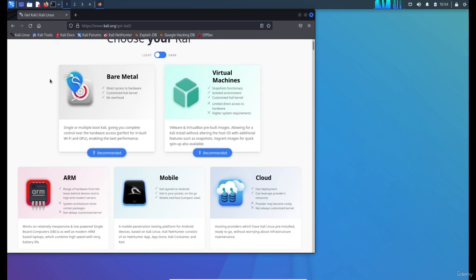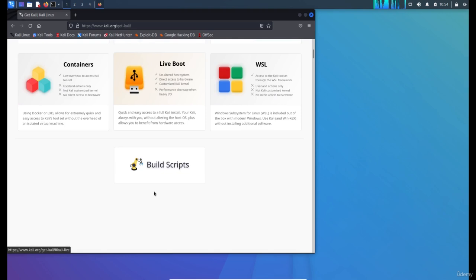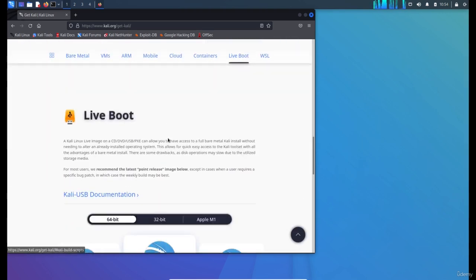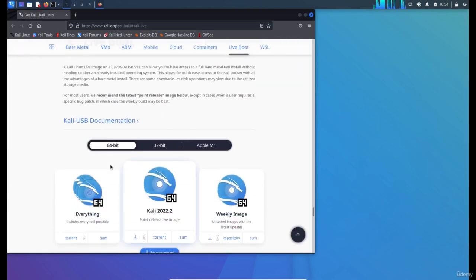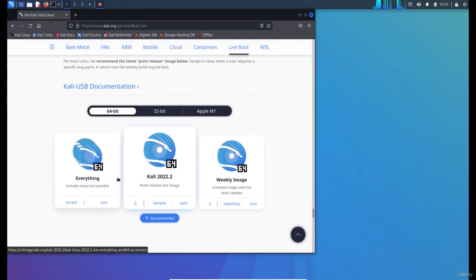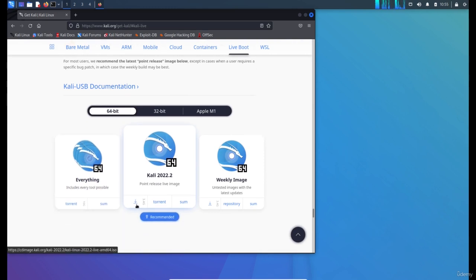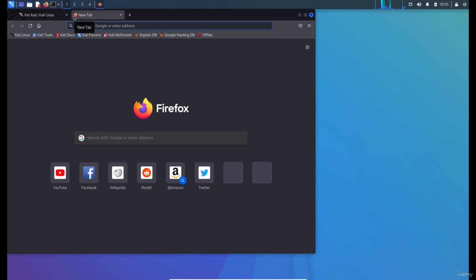So depending on what you prefer, for example, let's say live boot, you can install Kali Linux 64-bit. If you have an Apple, it runs on that as well. You can click on the little download arrow here, and when you click that, it will download. The next thing, you have an ISO file. Once the download is complete, you'll see in the bottom left it's a .iso file, and you can write it to a disk